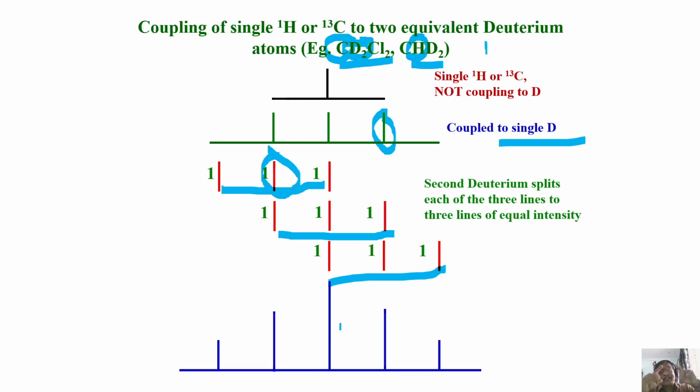Remember, when I started analyzing the spectrum of CH2D2, I showed this for you. I said two deuteriums coupled to a proton will give rise to a pentet like this, with 1, 2, 3, 2, 1 intensity. That's how we generated it. You got the point, how to generate the splitting pattern when a spin-half nucleus is coupled to spin-1 nuclei, whether it is one spin or two chemically equivalent spins. It could be three also. Now we can generate it for three also later.